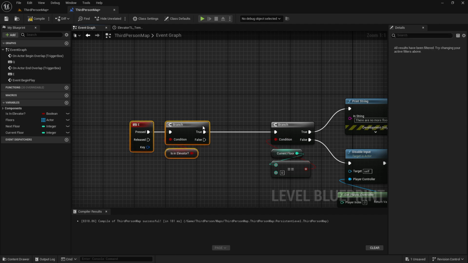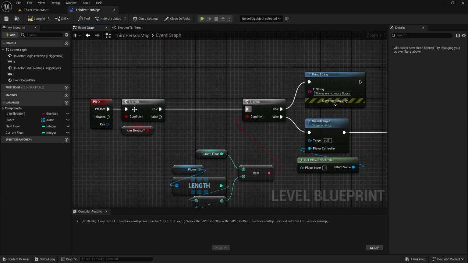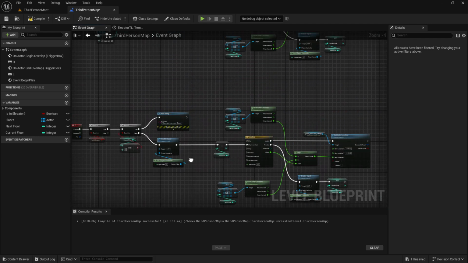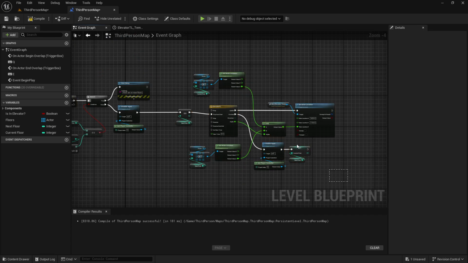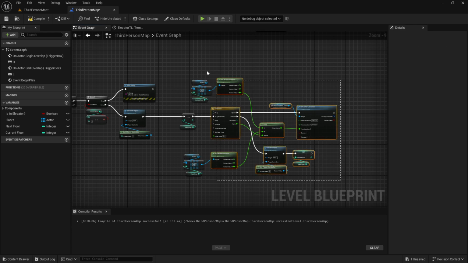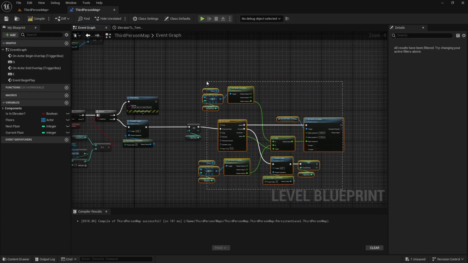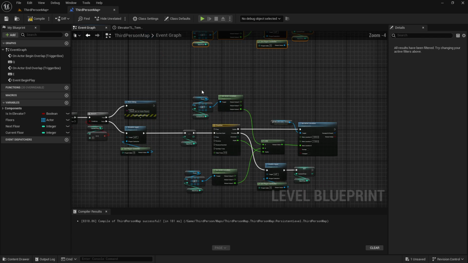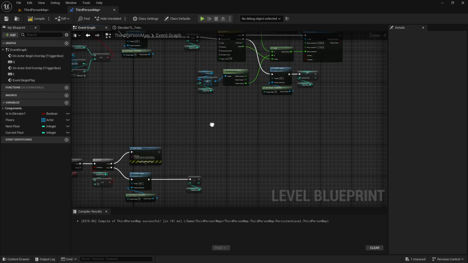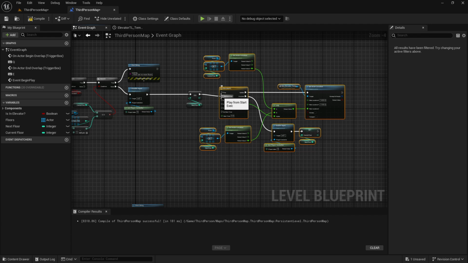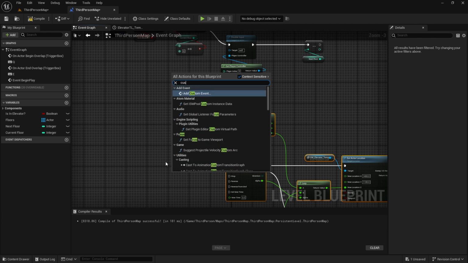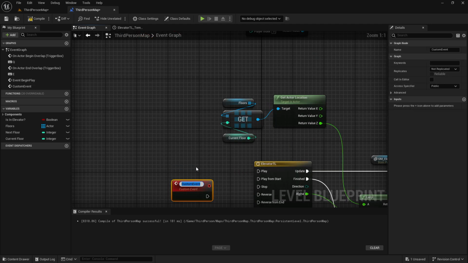So it is much easier to understand if we put this in here rather than putting it here. And if I want to optimize this a little bit, you can see that this timeline part is the same for both of these parts. So since this is common for those two codes, I'm going to delete this one, and I'm going to get this one and make a custom event called